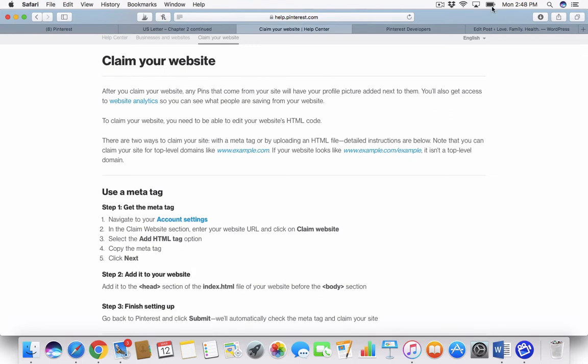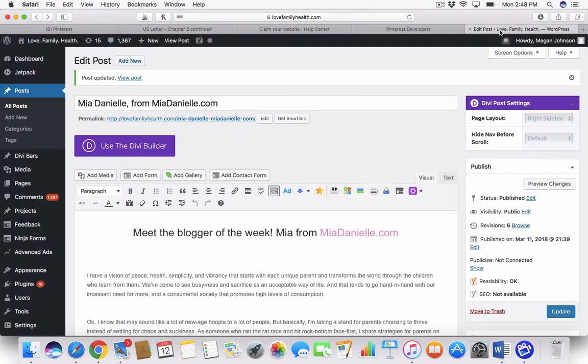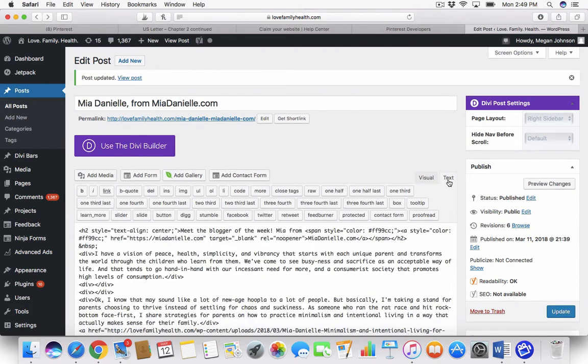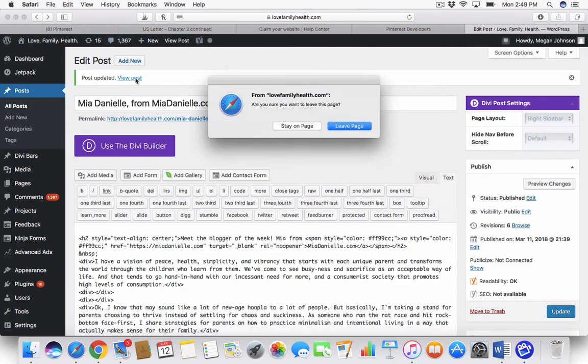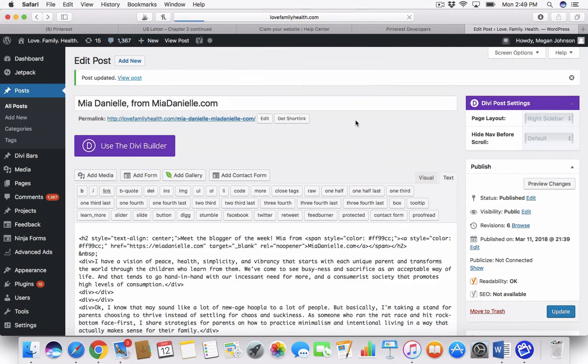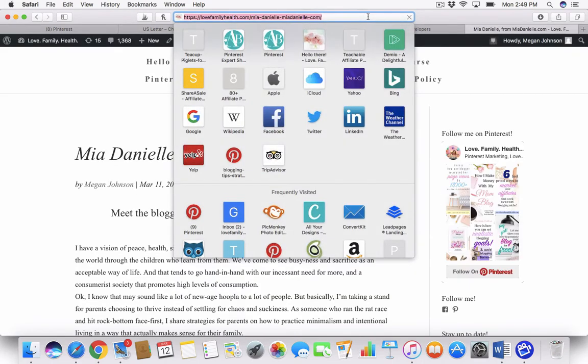Now you're going to go to the back end of your website, and I suggest just choosing a blog post. This is the easiest way I've found that this works. So you're going to choose the blog post, and then go to where it says text. Before the body of your post, you will just click right up here and paste in that meta tag, and then you'll click update. Once the post updates, you'll click view post, and then you're going to copy that